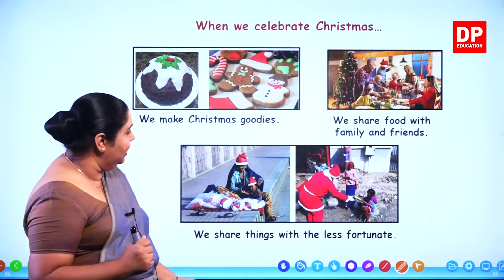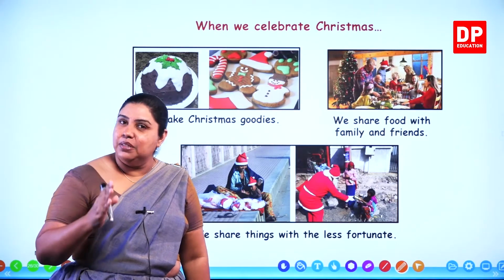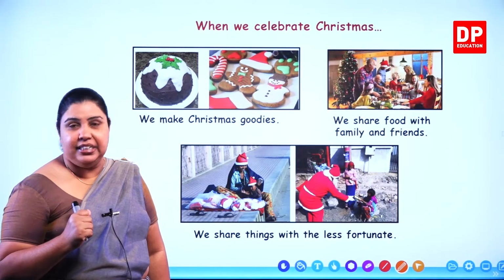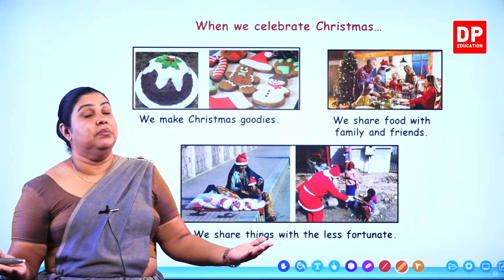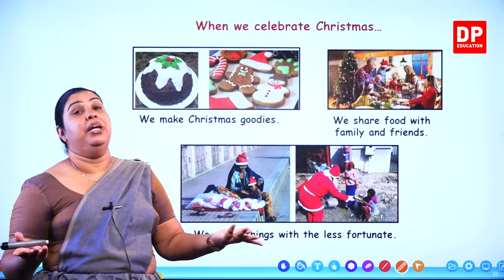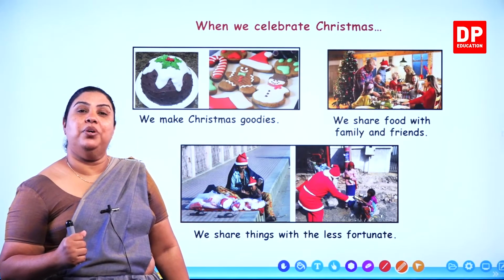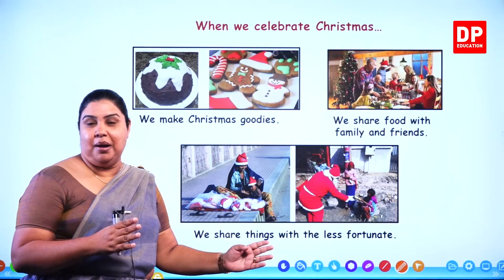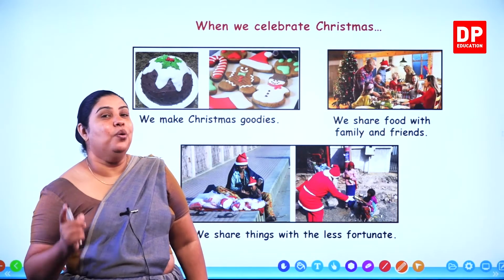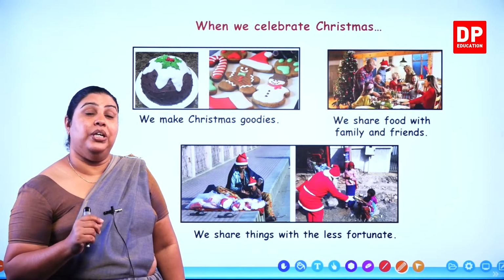So now these are the important things that you can do on these particular special festivals that we celebrate in our country. So now you have learnt about Thai Pongal, then we spoke about Vesak, why we celebrate Vesak, the 3 important things that we celebrate on Vesak Poya Day. Then we spoke about Ramadan, and now we spoke about Christmas. And now I think it's time for us to go and see what we have to do in our pupils